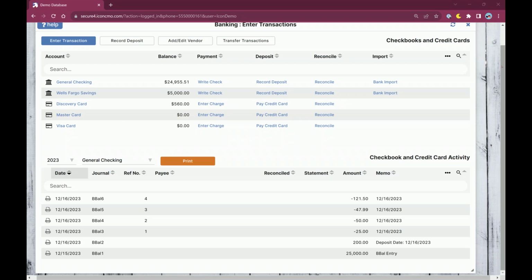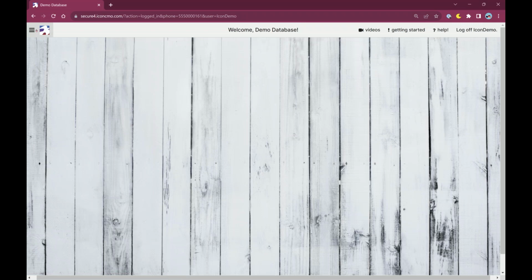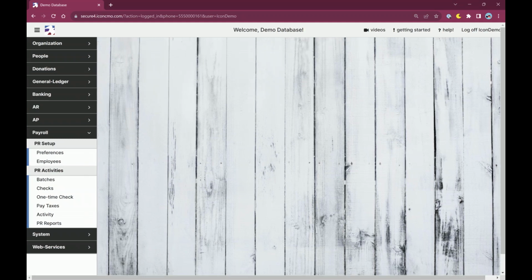Okay, so the last thing I wanted to show you was I was going to give you all a special sneak peek of our new payroll module. So we have a brand new payroll module. We have our old payroll that's here under payroll, and that's okay. But we have been working hard to revamp this payroll module. So we have a brand new payroll module that's going to be coming out